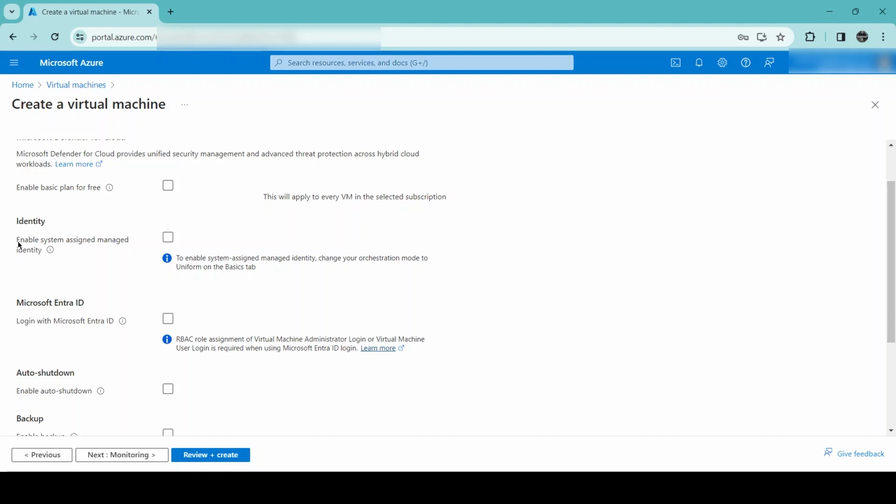Also, that application is connected to some SQL databases that are outside the VM, but inside your Azure account. So basically, what this system assigned managed identity will do is create one identity